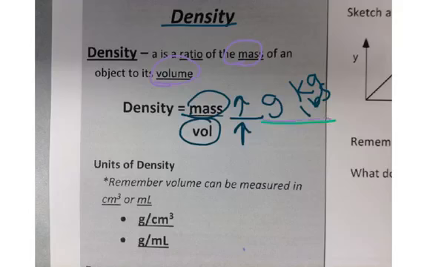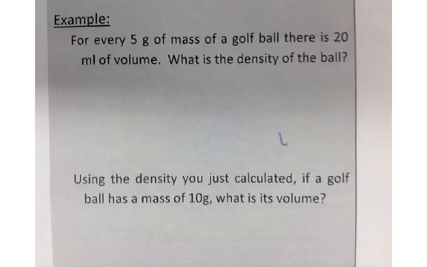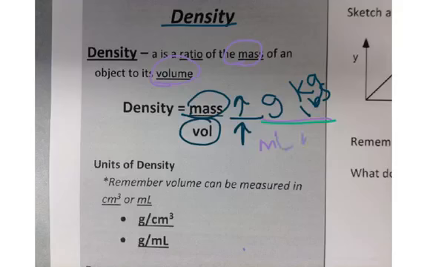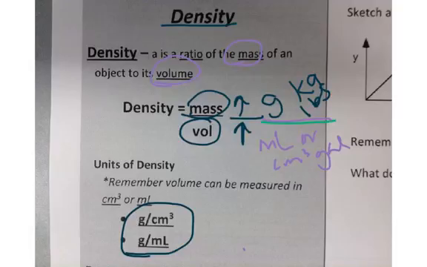What you would see for your volume unit, some examples would be milliliters, or cubic centimeters, or gallons. Once again, depending on what you're studying and who you're trying to tell the density to, they will change those units. In this class, because we tend to measure things in grams using our balances, and we tend to measure volume in cubic centimeters or milliliters, which are equivalent to each other, you will see our units of density in grams per cubic centimeter,